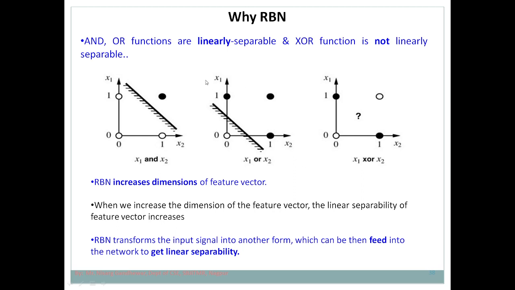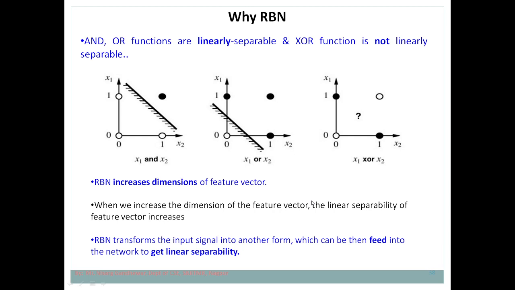In this case we can say that AND and OR functions are linearly separable as shown in figures 1 and 2, whereas the XOR function is not linearly separable, and for the purpose of a classification problem, we want the data to be linearly separable. So what should we do? In that case we need to increase the dimensions of the feature vector. Feature is important. Feature is nothing but attributes. Suppose you need to recognize a cat or dog, you need to extract features, like what is the size of the ear, how the eyes look. So these are called features.